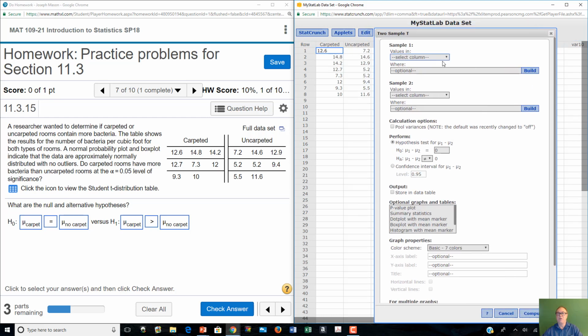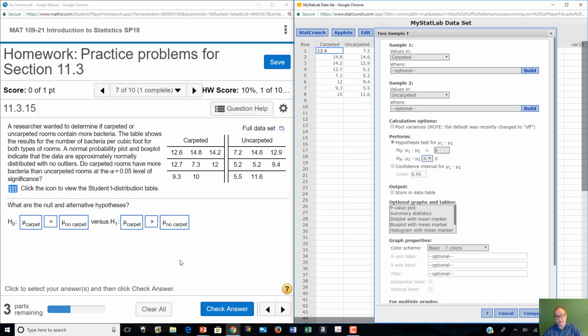And my sample 1 was the carpeted, and my sample 2 was uncarpeted. Okay? I'm running a hypothesis test. I'm assuming no difference, equals, and I'm trying to show that mu1 is greater than mu2. That was for my alternate. Okay? Now,